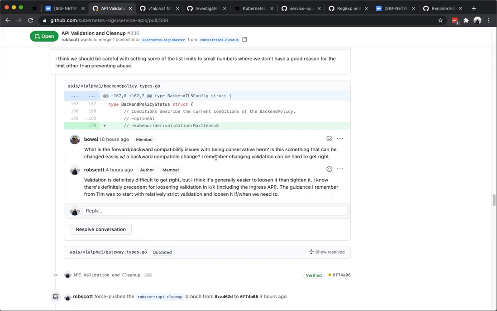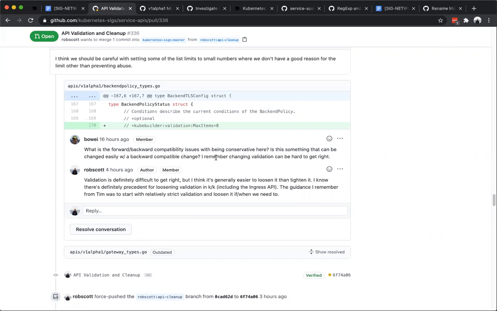Yeah, that's a little bit interesting. We'll have to see, but I think for alpha, at least, I'd rather start small and see where we run into issues, and not just assume that this is going to be too small of an issue, especially with conditions. Like more than 8 conditions on a resource seems like maybe not ideal. But